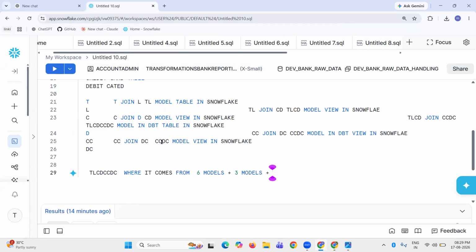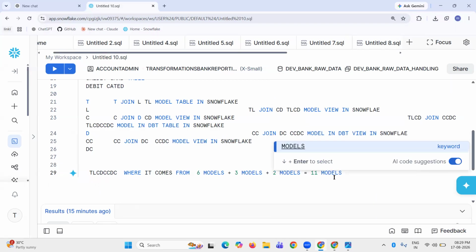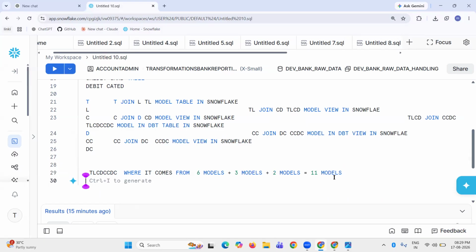TL, CD, and CC, DC. Again TL, CC. Again we have 2 models. But how many are there? These are TLCD plus CCDC. Totally 6, 3, 9, 11. Okay, so 11. So it comes from 11 models, and